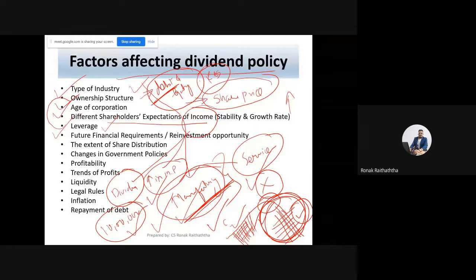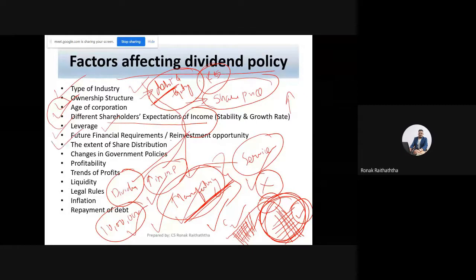And if you have too much leverage in your company, then you may not be able to distribute the dividend. Why? Because if one year goes bad, then where will you get the money from? You have taken so much leverage. If you have sufficient and enough reserves and surpluses, then you will not face bankruptcy. Otherwise, you will go bankrupt at that time.